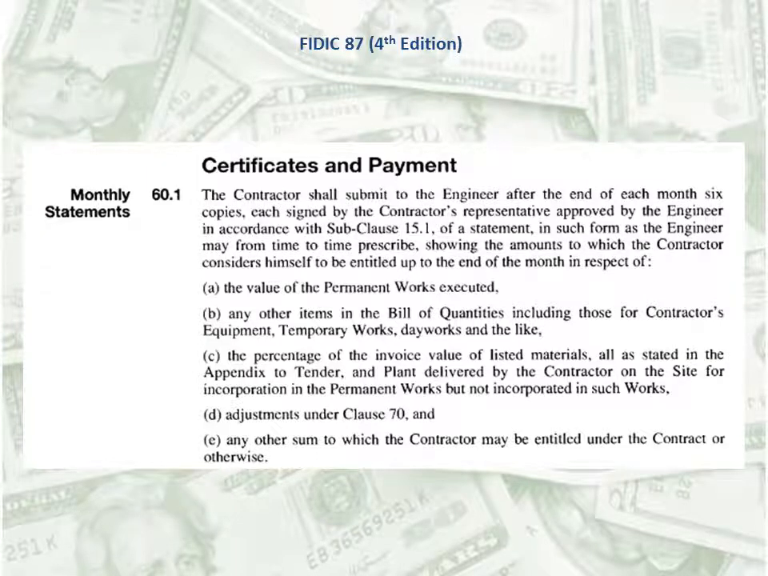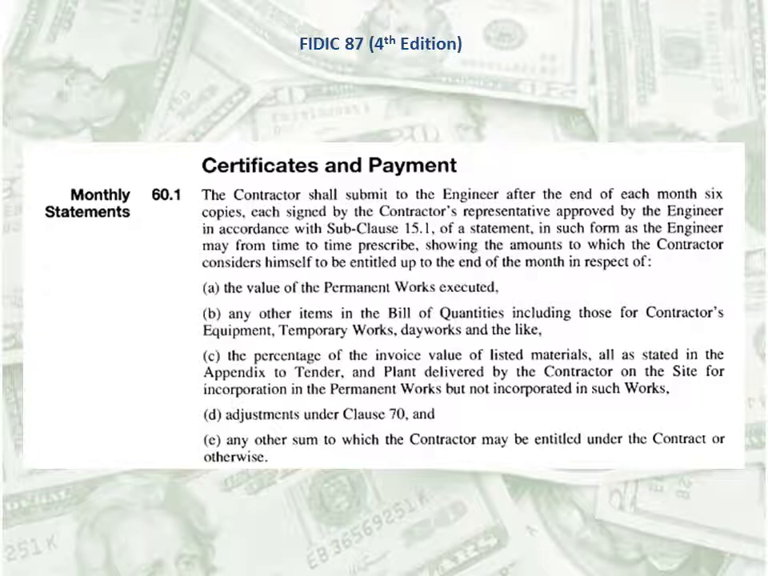Now let's see what FIDIC 87, which is 4th edition, says about payment certification. The relevant clause is subclause 60.1, monthly statements, certificates and payment. The contractor shall submit to the engineer after the end of each month 6 copies of each, signed by the contractor's representative, approved by the engineer in accordance with subclause 15.1, of the statement in such form as the engineer may from time to time prescribe, showing the amounts to which the contractor considers himself to be entitled up to